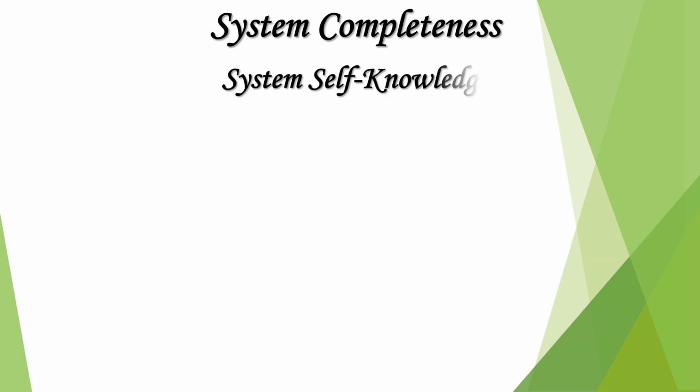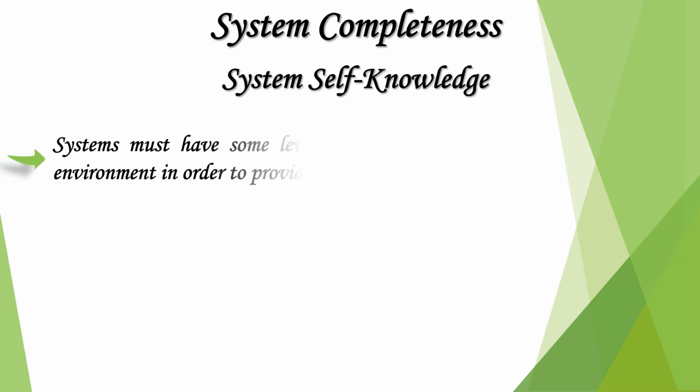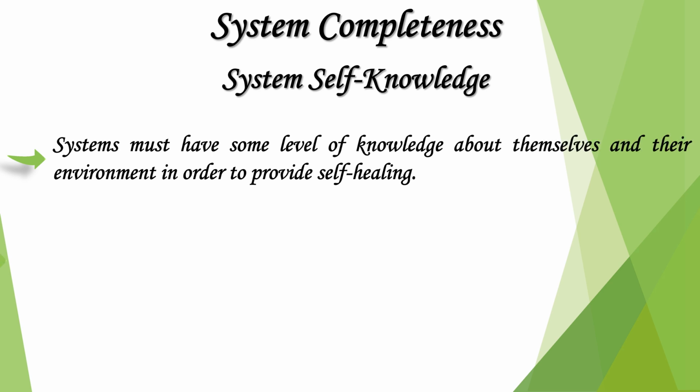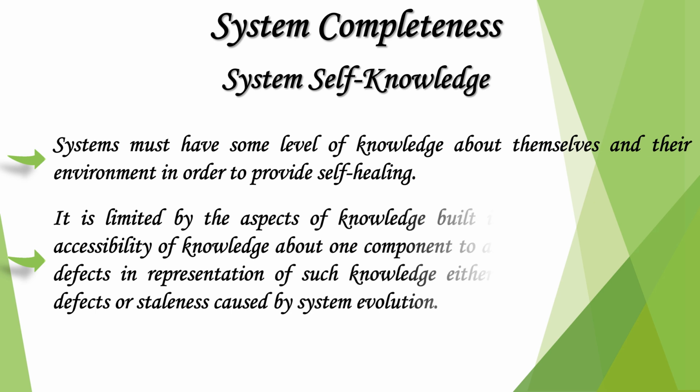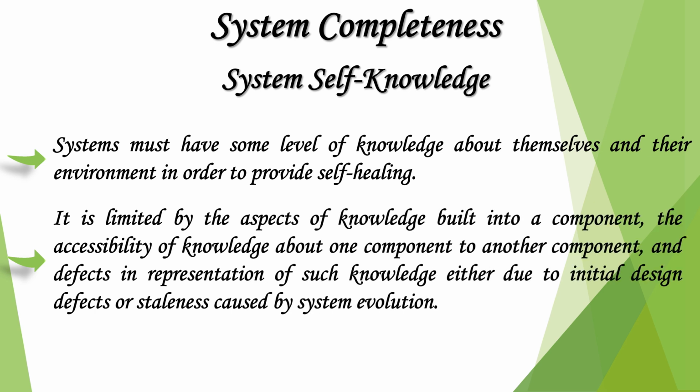System self-knowledge. Systems must have some level of knowledge about themselves and their environment in order to provide self-healing. It is limited by the aspects of knowledge built into a component, the accessibility of knowledge about one component to another component, and defects in representation of such knowledge either due to initial design defects or staleness caused by system